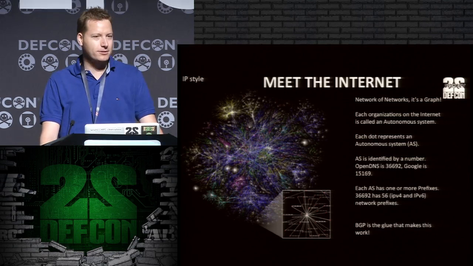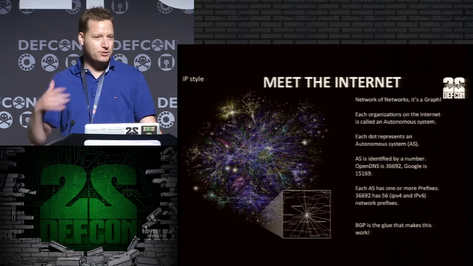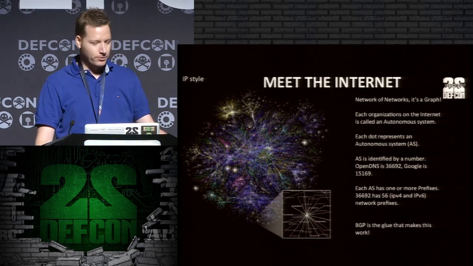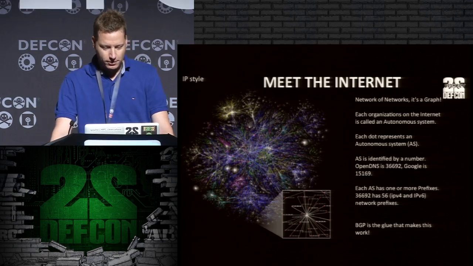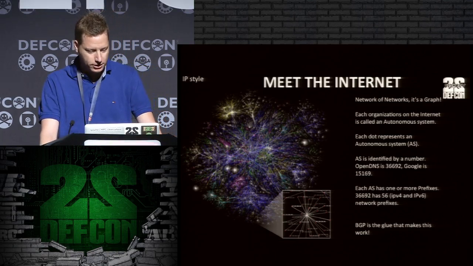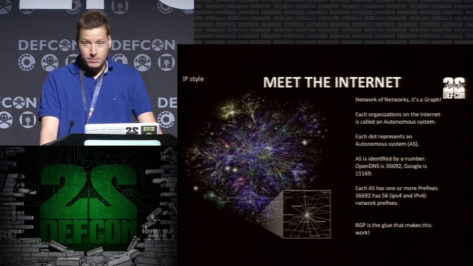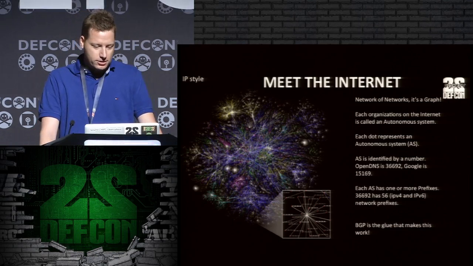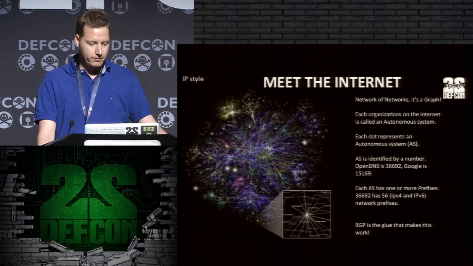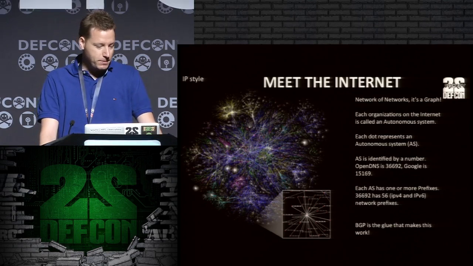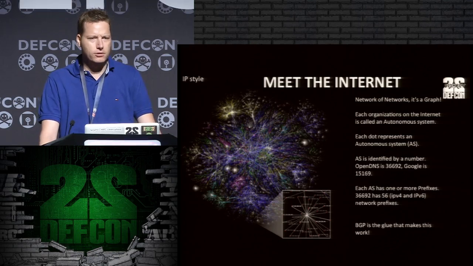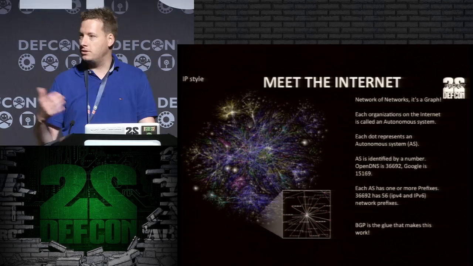I guess if you wanted to paint a picture of the internet, this is sort of what it would look like. We have a few more, as Dhia mentioned, we do a lot of visualizations as well. So in the next few slides you'll see a few more. But the internet, as you all know, is just a network of networks, and it's a graph, and we like graphs. So in this picture, each dot represents an autonomous system,